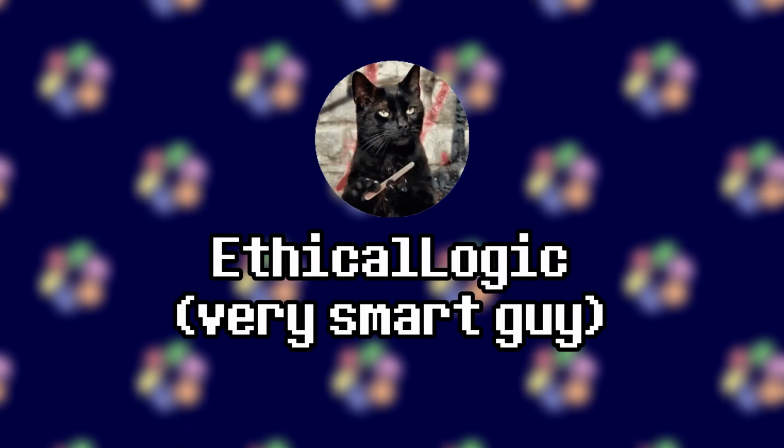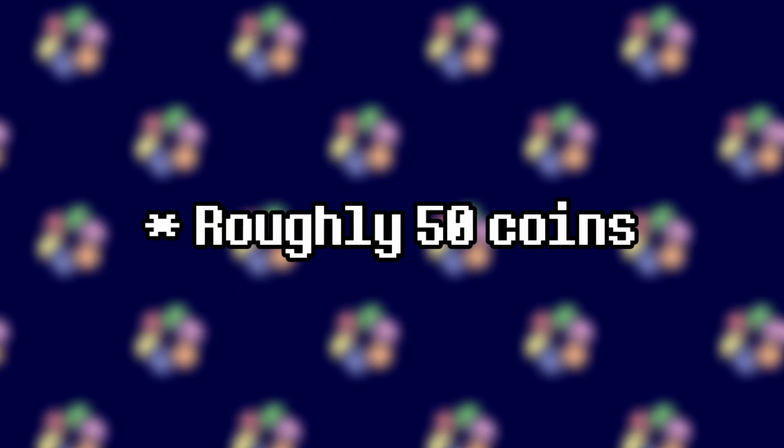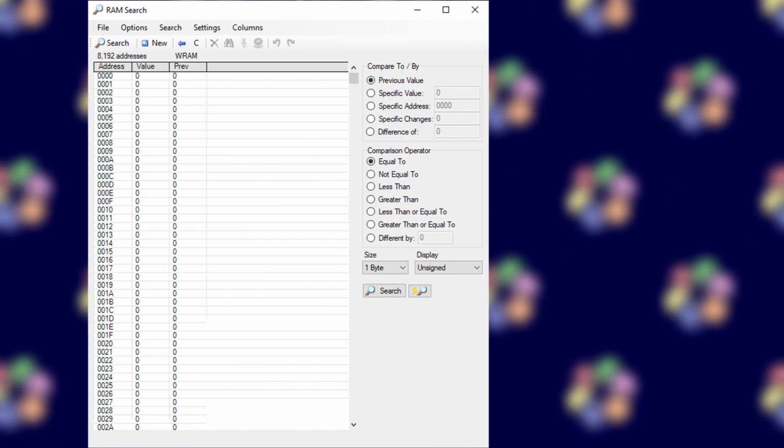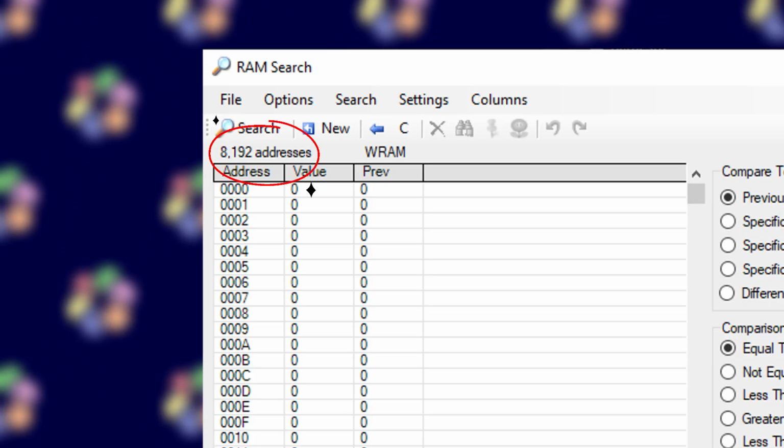So, me and Ethical Logic decided that it would be best to make every single coin a location. Yep, they're all locations. There's around 50-ish coins, so I mean, it's not that bad. But it was so much fun to go and look through all of the ROM addresses. Thanks, Logic. So, yep, that's pretty much all I had to do for the ROM. Now it's time for